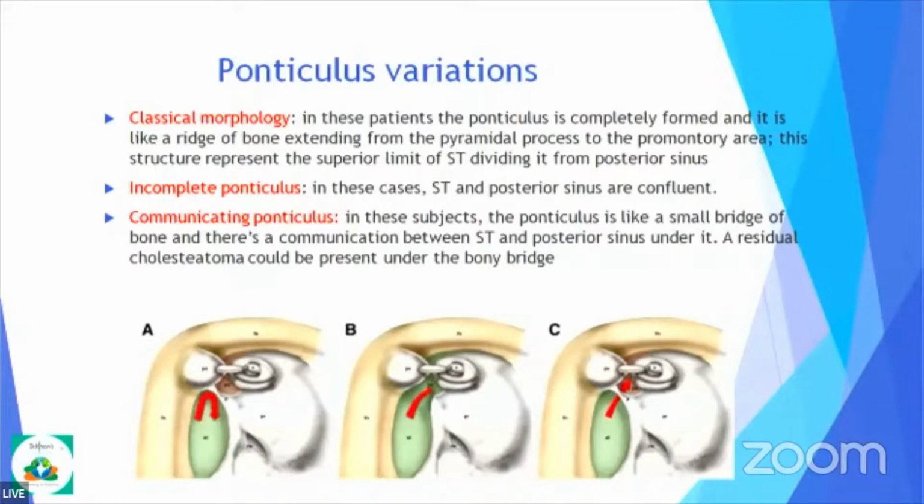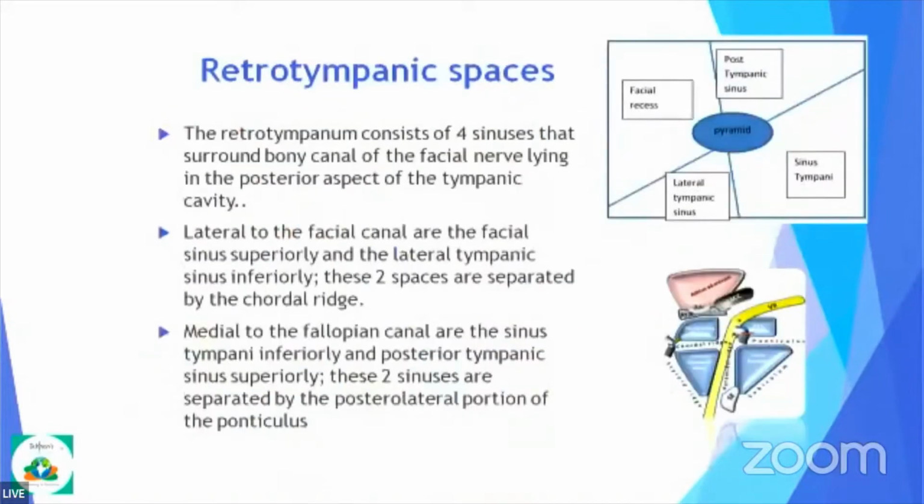Okay. So as I said, one is incomplete, one is the classical one, and one is the communicating one, that is, a bridged one, where there would be spaces which are communicating. Now coming to the retrotympanic space, you can see a diagrammatic representation over here, the pyramid, and there are four spaces. These four spaces are in relation to the facial canal. There are two spaces which lie lateral to the facial canal and two which lie medial to the facial canal. Lateral to the facial canal are the facial recess and the lateral tympanic sinus, and medial to the facial canal